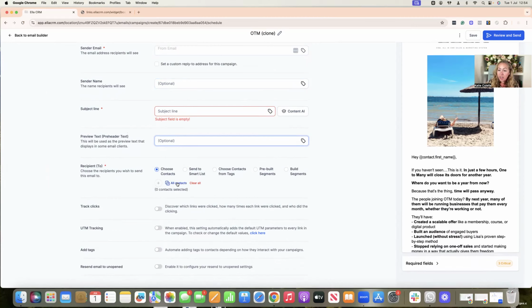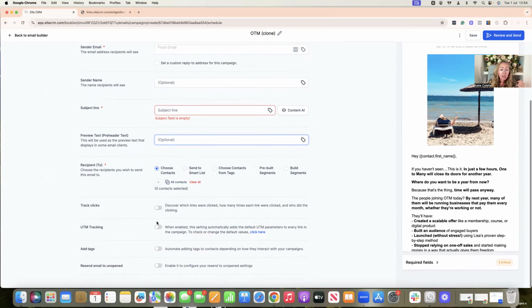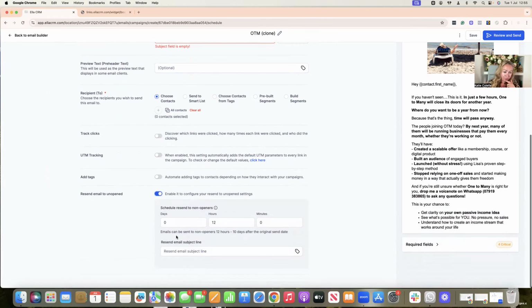Here you get to choose all your contacts, whether that's your whole list, people that have certain tags, or a smart list you've created. You can then track those people that have clicked those links, and you can add a tag to them as well if you want to, when people have taken a certain action. And set up UTM tracking, and you can also set up resend automatically to unopened emails within a certain amount of time. So within 12 hours, up to 10 days after the original send date with a different subject